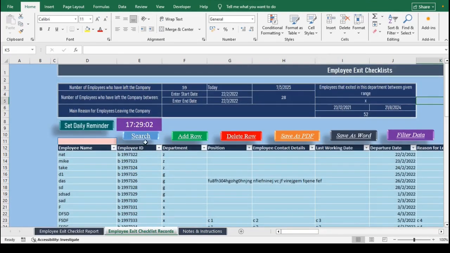The search button helps you quickly locate specific employee records without manually scrolling through the entire dataset, saving valuable time and effort. The Add Row button instantly inserts a new row for entering employee data without disrupting the existing structure or formatting of the table. The Delete Row button allows you to easily remove incorrect or outdated employee entries, keeping the worksheet clean and well